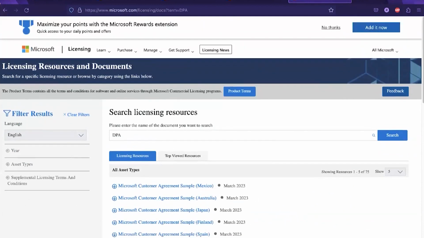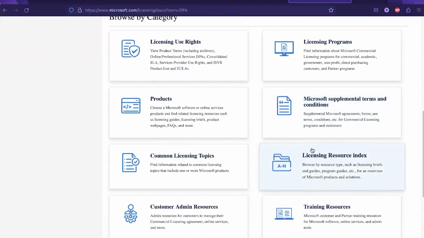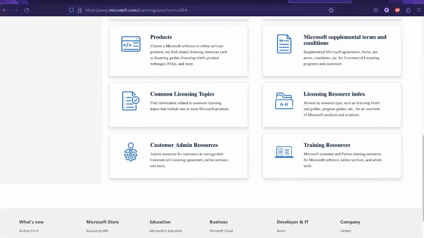Okay, so here you can see the Microsoft Customer Agreement sample, based on the different regions. So you can have licensing programs and different scenarios over here. And one of the very last things, to give you the trust that your Microsoft architecture is by default compliant or not,